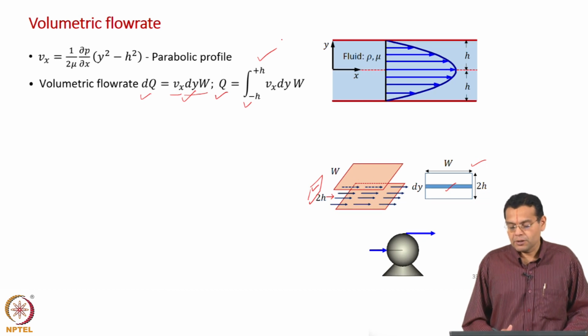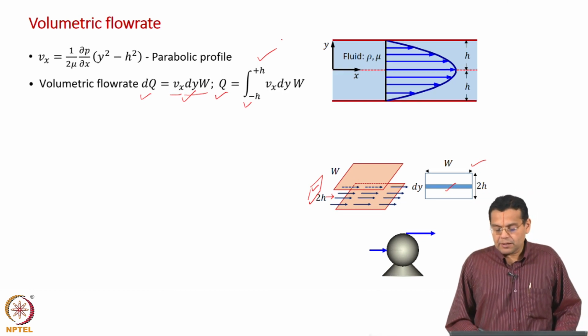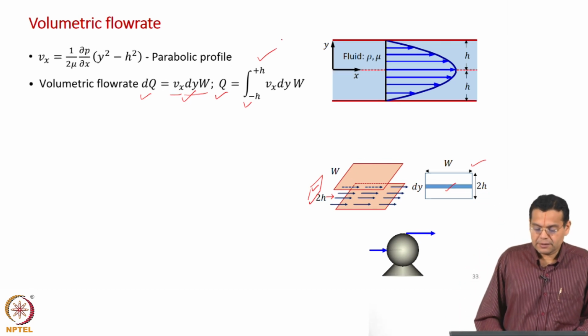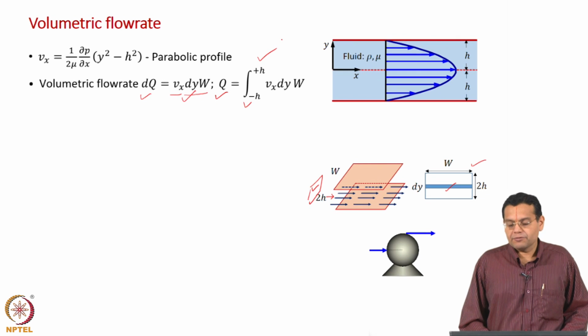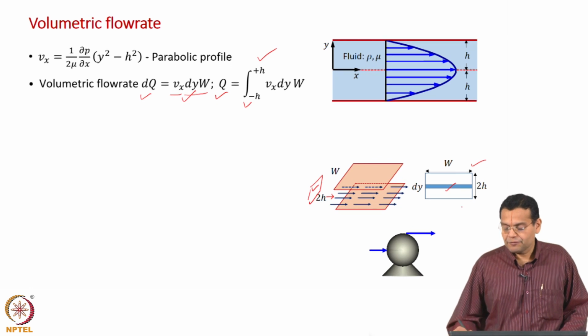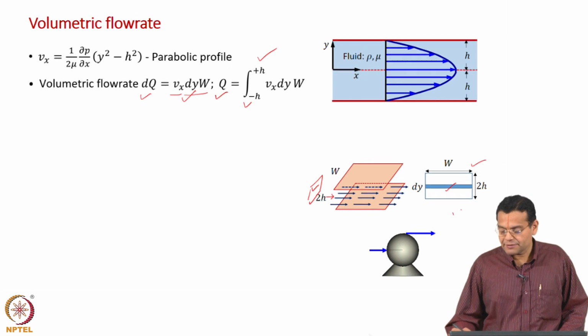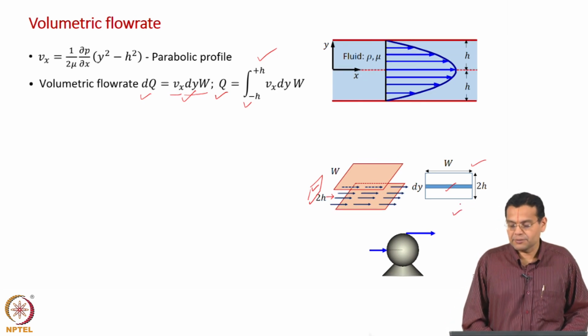Also I would like to mention that we have come across similar steps when we discussed an application of integral mass balance, including the velocity profile. In fact, we took the same case of flow between two parallel plates which are fixed, and we took a similar velocity profile and found the inlet flow rate, outlet flow rate, etc., and we had a similar discussion. So, you can refer to that discussion as well.